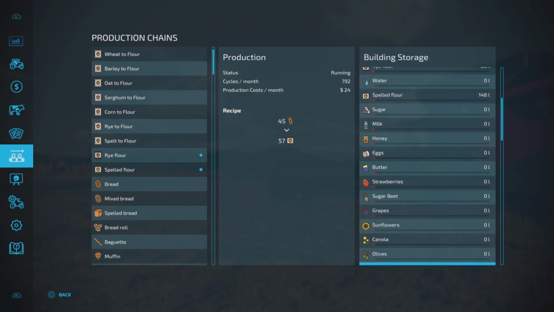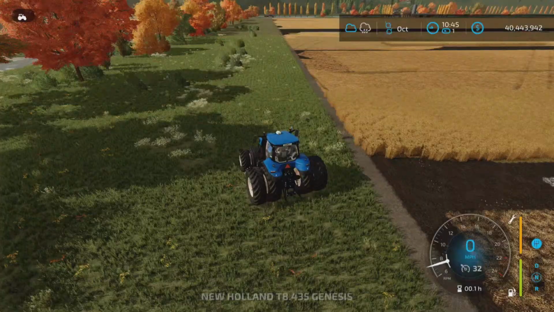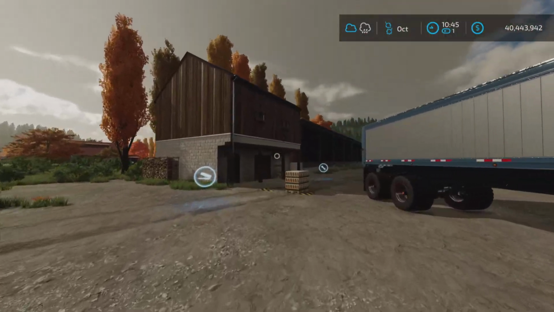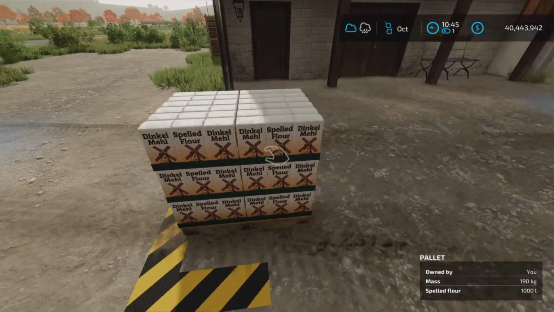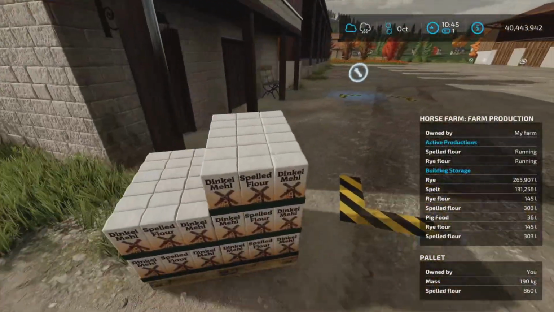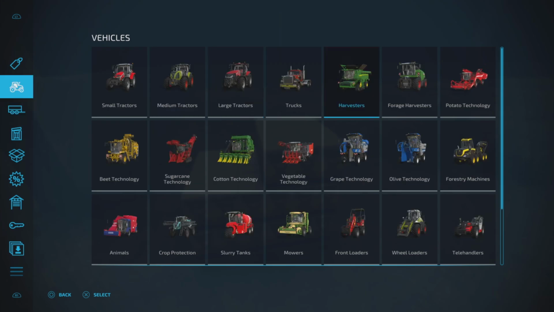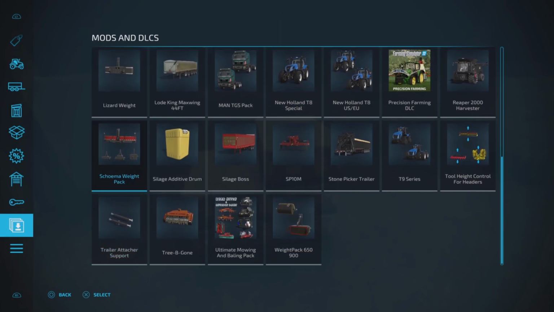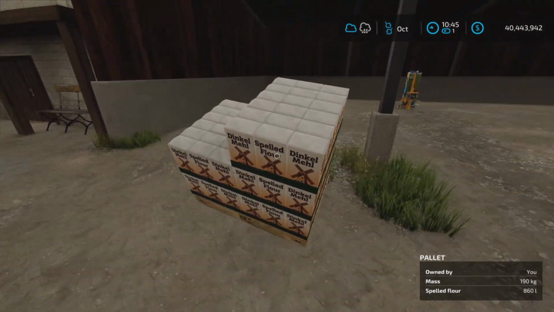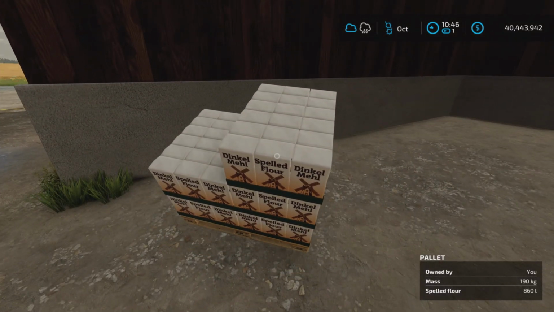So it's chugging along. I think what I'm going to do now is pop back to where's our, there we go, back here. Oh, there's our truck. What do we got here? What is this? Spelled flour. Nice. Look at that. And it's liftable. Although I do have liftable pallets on. Do I? No, I don't have liftable pallets. Well, there's another bonus for you all. You don't need liftable pallets, at least not for the spelled flour. It's only 190 kilograms, so we can lift that, 860 liters. Well, of course, now it's less because...